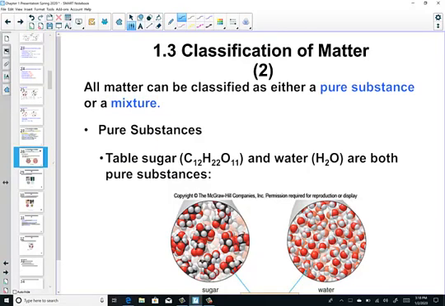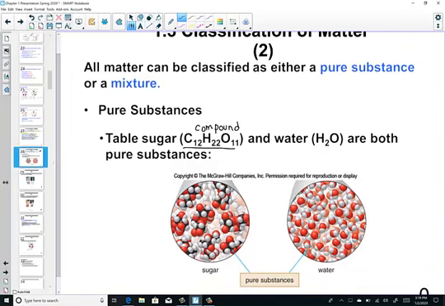So as we look at examples of pure substances, two examples, here I have table sugar. Table sugar is a compound because it is made of more than one type of atom. In table sugar, I can see a constant composition built of 12 carbon atoms, 22 hydrogen atoms, and 11 oxygen atoms, no matter where the source of table sugar, which by the way is called sucrose for its chemical name,